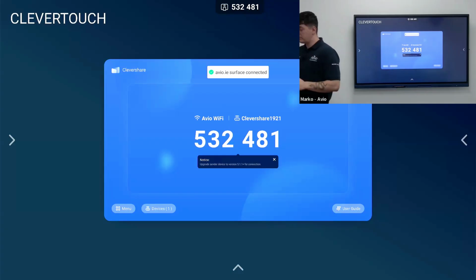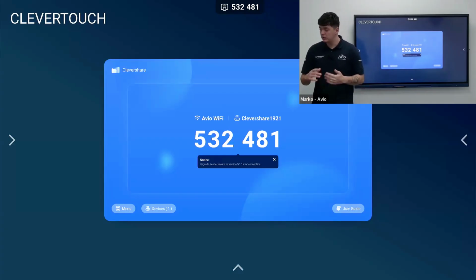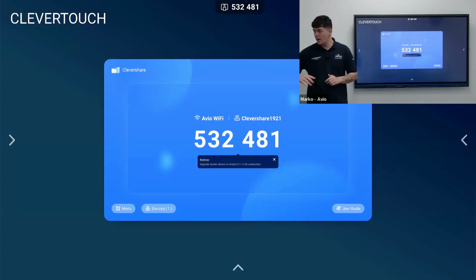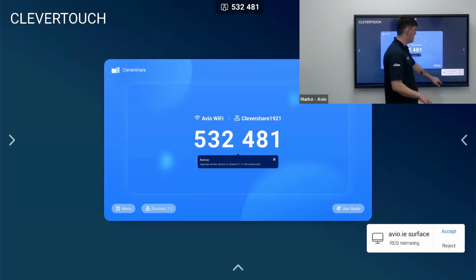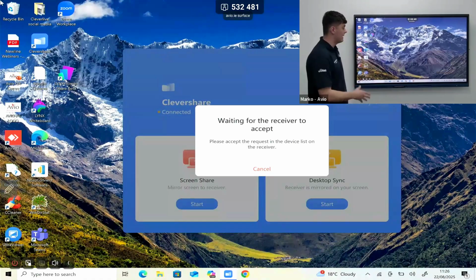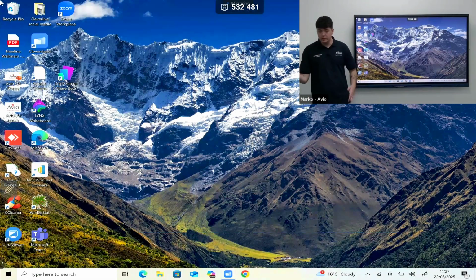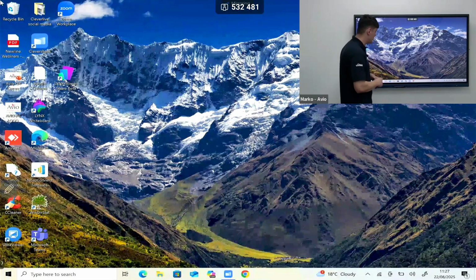In here, I get two options. Once I type in the code, I get an option to screen share, which I'm going to show you now in a few seconds. So I'm able to tap on screen share and I'm able to tap on mirror. And then I'm able to accept that connection and mirror what's happening on my laptop to my interactive display. Now the useful thing with this is that you get two-way touch between the laptop and the screen,